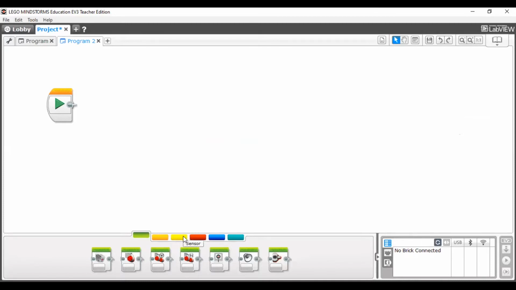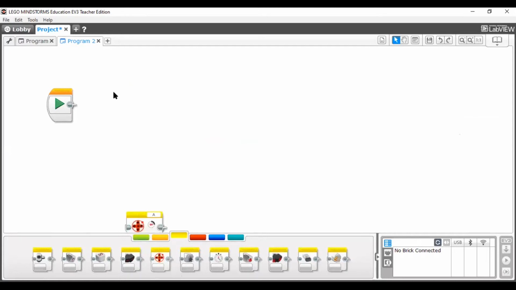See, today I am going to introduce you to one new sensor, that is the rotation sensor. See, this one is the rotation sensor. Actually, this sensor measures motor rotations. Okay, how many times the motor is rotating, it will calculate, because there is an inbuilt rotation sensor in our servo motors. So how to use this one? Today I am going to show you.